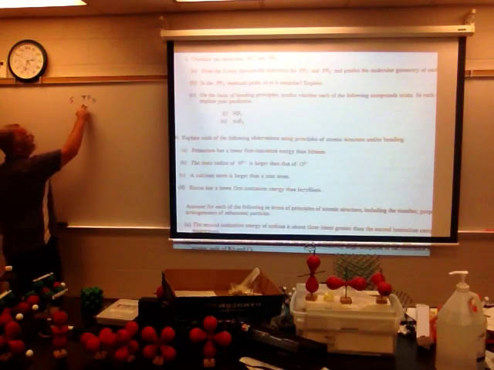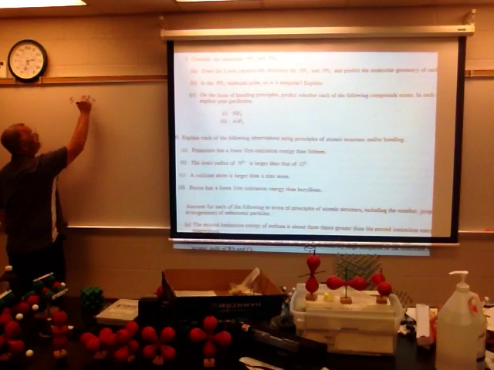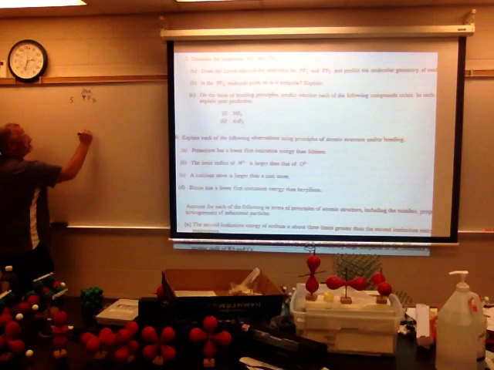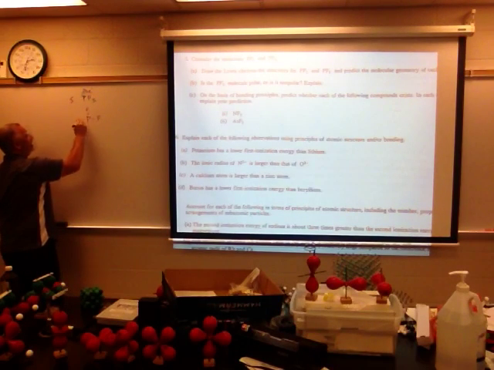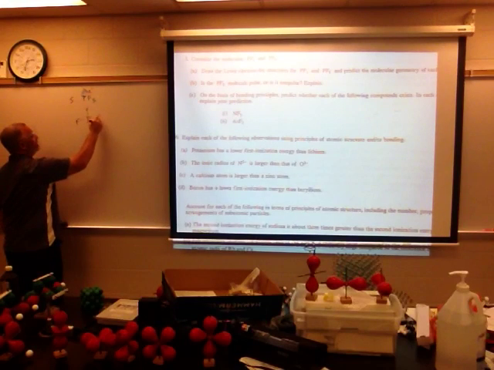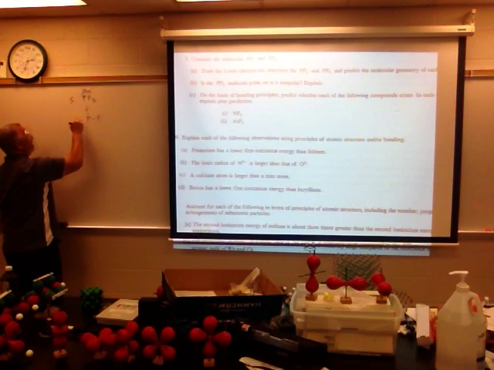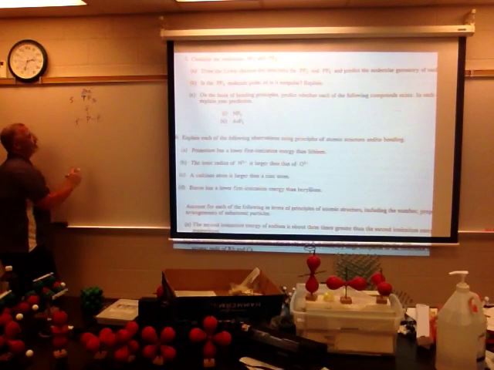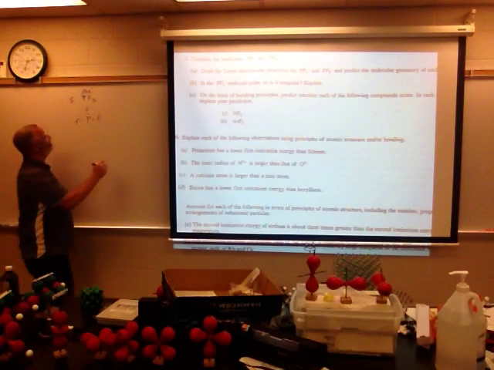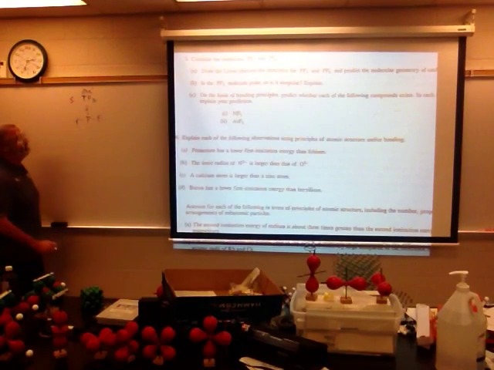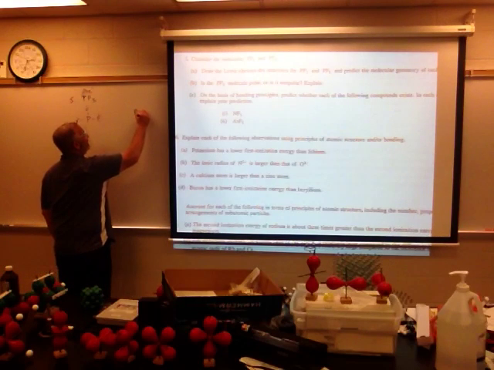Count the valence electrons. 5 plus 21 makes 26 electrons. Okay? Central atom: phosphorus, fluorine, fluorine, fluorine. 2, 4, 6, 8, 10, 12, 14, 16, 18, 20, 22, 24, 26. It's all good. All right? Then PF5, what's the only thing going to be different? The shape,